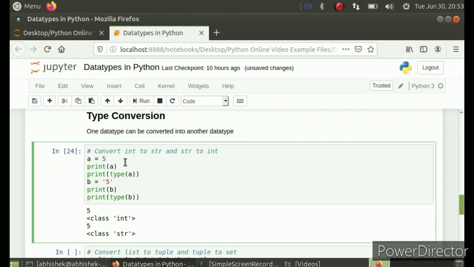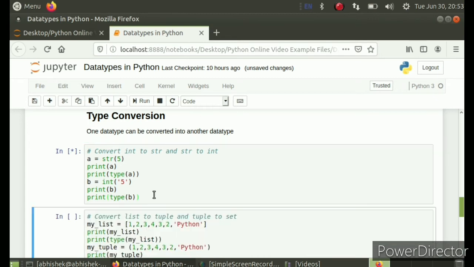So let's check this. a equal to str and in bracket 5, and similarly b equal to int 5. This b is a string, you can see the output, and now I'm explicitly changing it to integer. By running it, what happens?